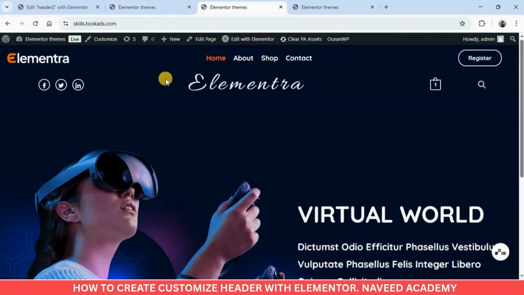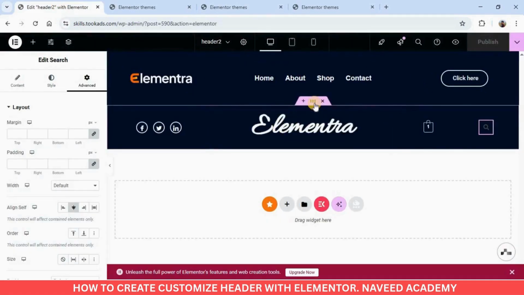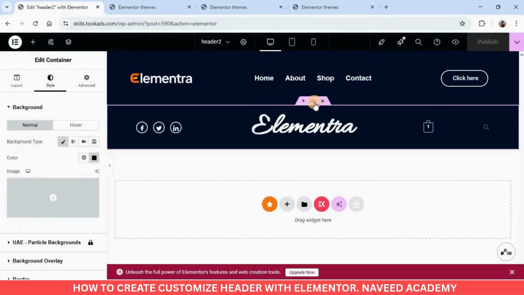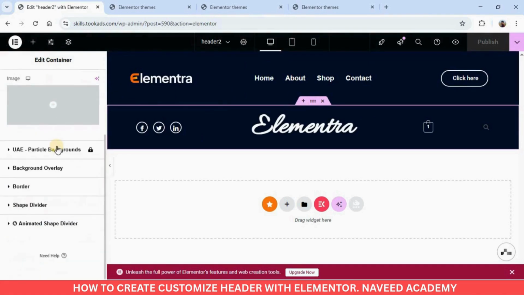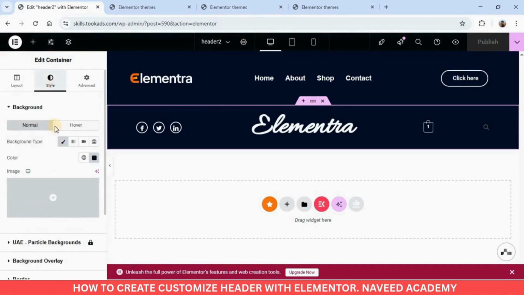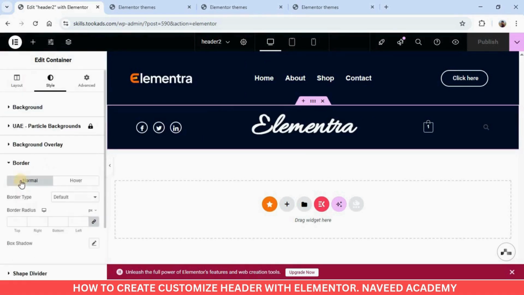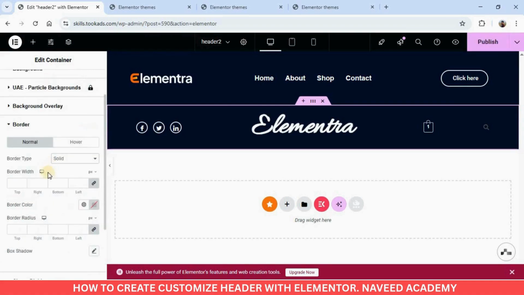As you can see that in our demo, we have a bottom border over here. So to set the bottom border, go to Elementor, click here on this container and go to style. Click here on border and set the default border to solid and unlink this border width and click here on border bottom to 2 pixel and set the color to blue color.